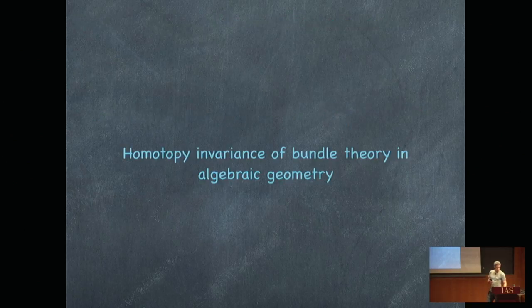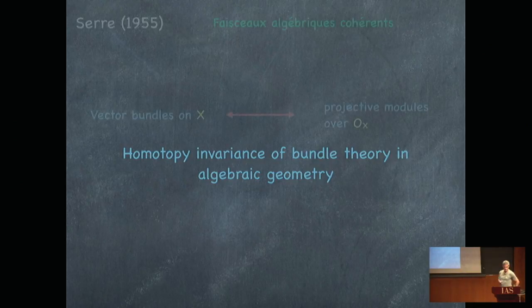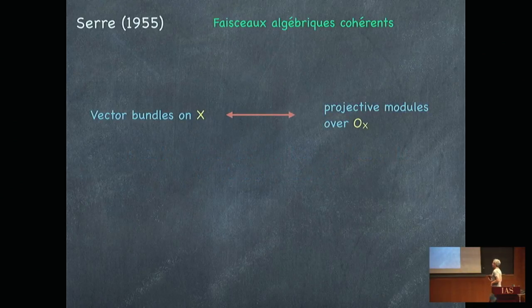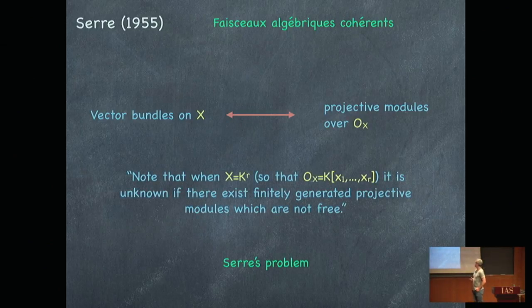Okay, so I want to talk a little bit about the history of investigating the homotopy invariance of bundle theory in algebraic geometry. This starts in Serre's famous paper on algebraic coherent sheaves, where he exploits, and probably invents, this analogy between vector bundles on a space and finitely generated projective modules over the ring of functions. And he certainly has in mind the homotopy invariance of bundle theory,